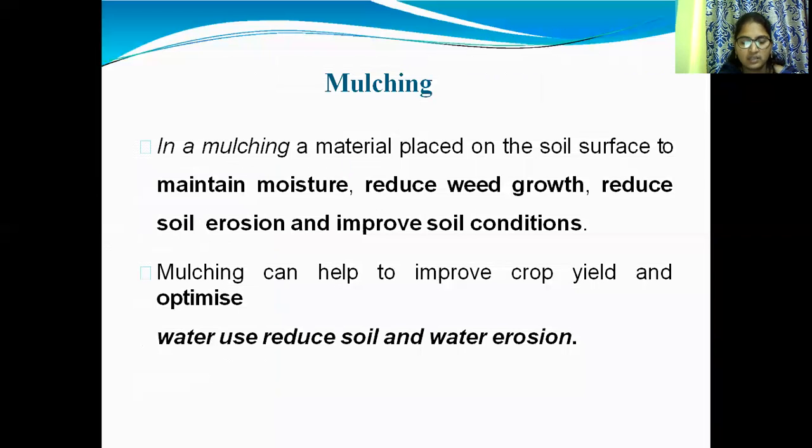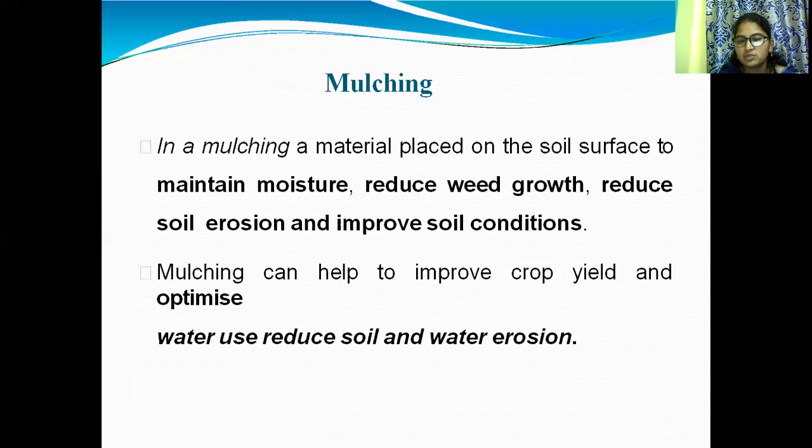So what is mulching? In mulching, a material is placed on the soil surface to maintain moisture content, reduce weed growth, reduce soil erosion, and also improve soil conditions.